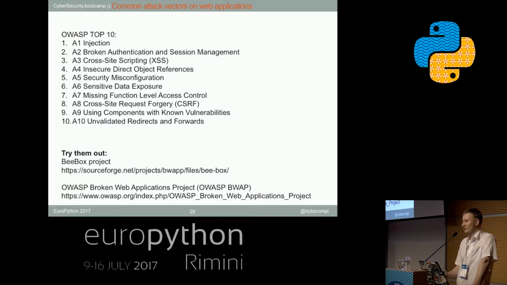Using components with known vulnerabilities, that's obvious, and unvalidated redirects and forwards. You should validate your forwards, that's just this use case. And if you want to play with any of these